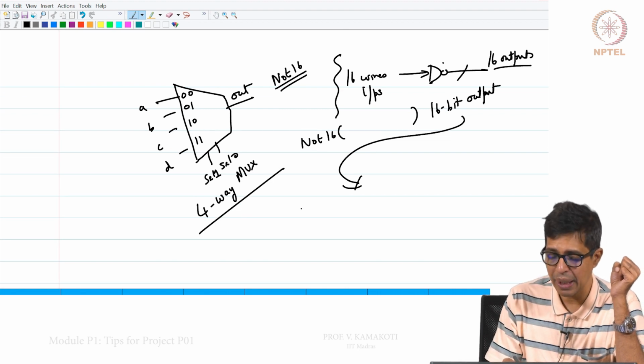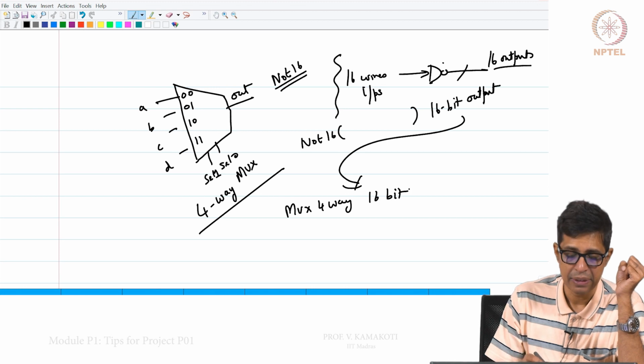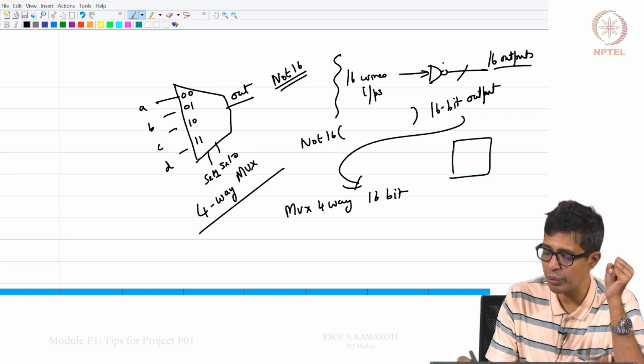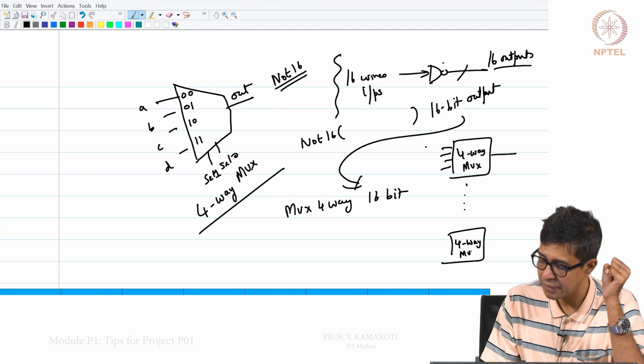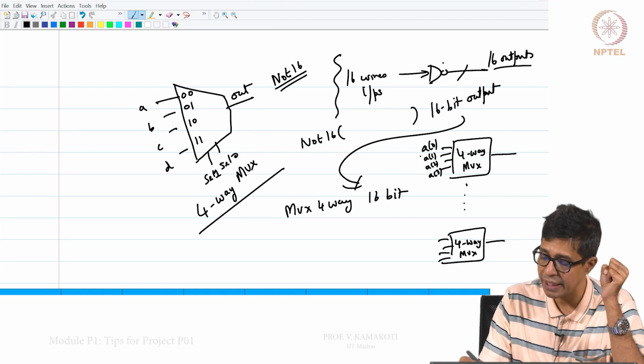Now I am talking of a mux which is 4-way and 16 bit. Essentially, this is one structure, a 4-way mux that takes 4 inputs and gives me an output. I will replicate it 16 times, and that is a Mux4Way16.